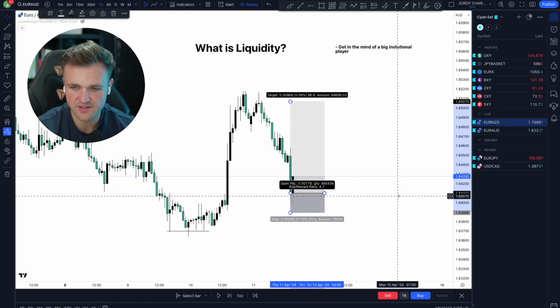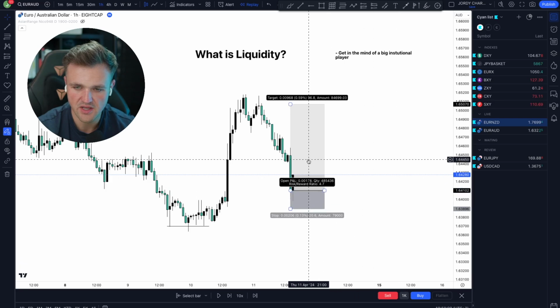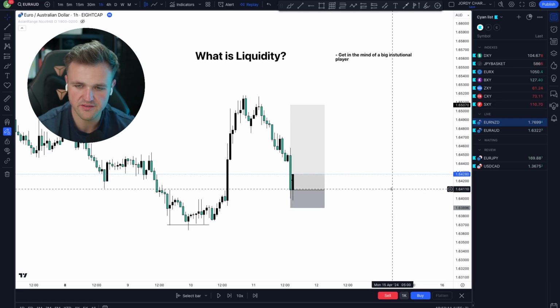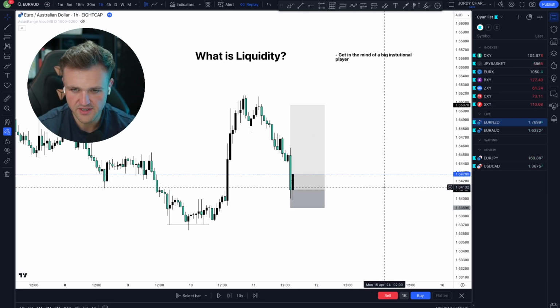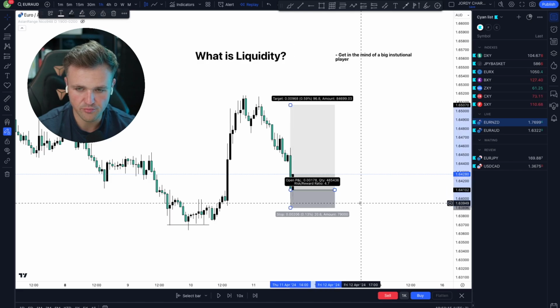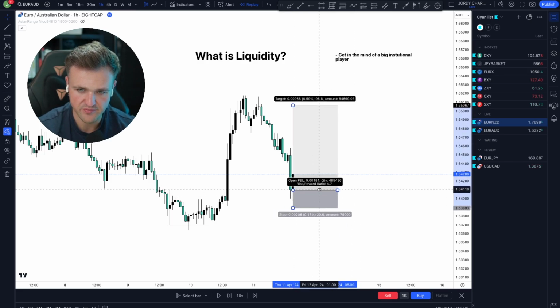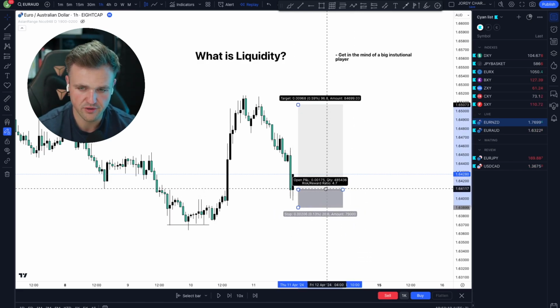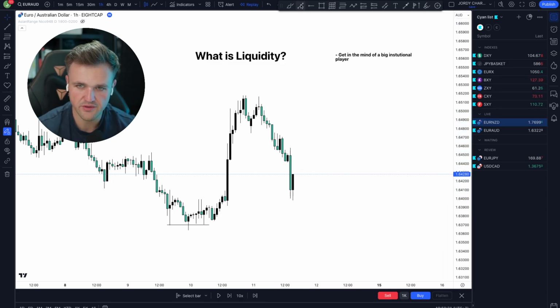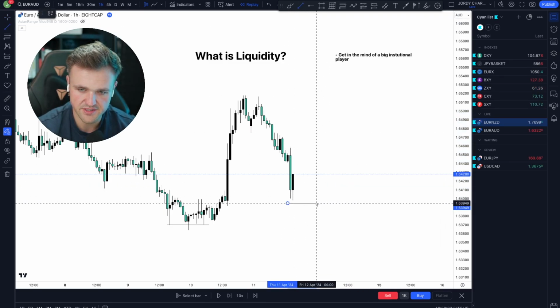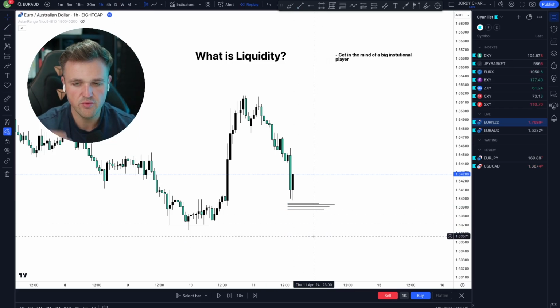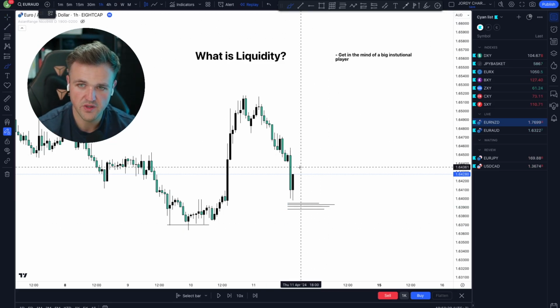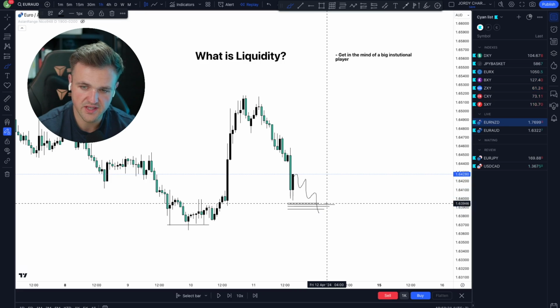So if you look at this chart, you'll have the mindset: well, if I want to move the market, a lot of people are buying already. So I won't have enough room to execute my position. There's not a lot of orders already in the market. So you know that there are orders getting filled underneath this price action. Here are some stop losses, stop losses, stop losses. So if we want to take a position, we'll just have to wait until we take out these stop losses